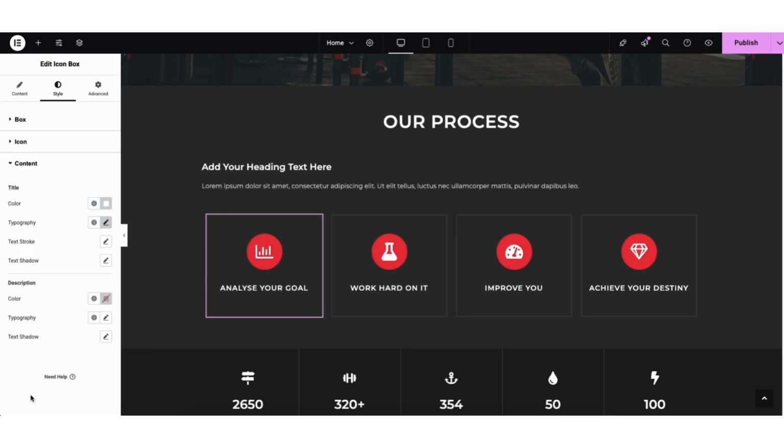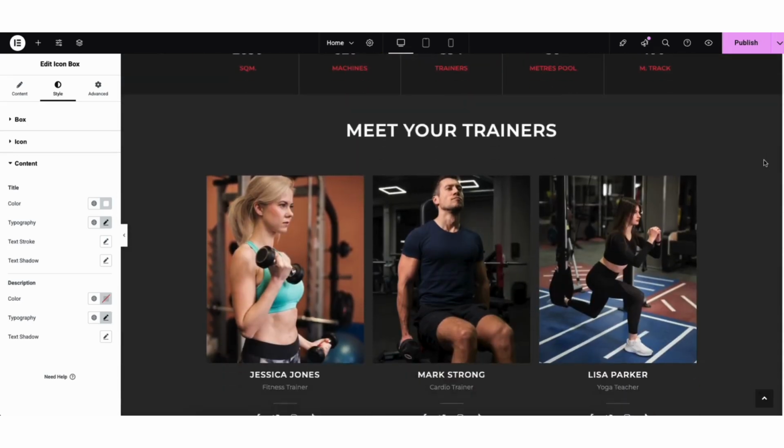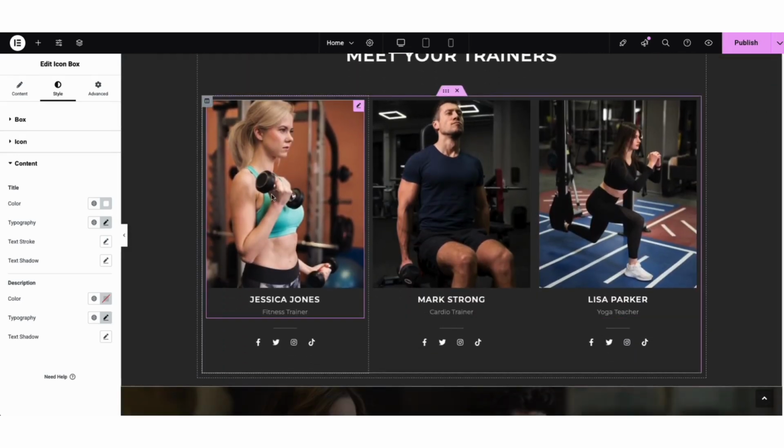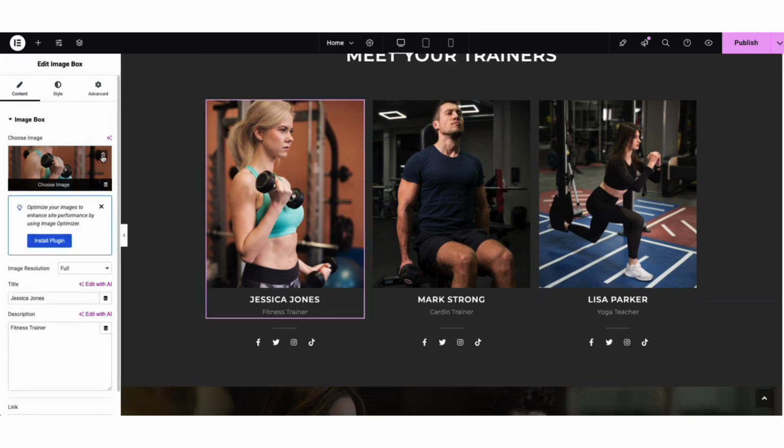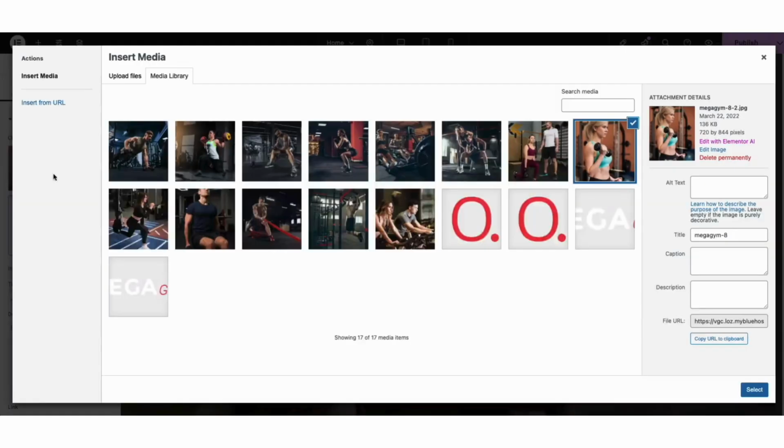If you click Content, you can make changes to the title and description, colors, text, and size. Scroll down to this section here. If you want to change an image of a section, click the image. You can remove the image by clicking the trash can icon or click into the image where it says Choose Image. You could then upload an image or choose an image already uploaded to WordPress, just like shown in the